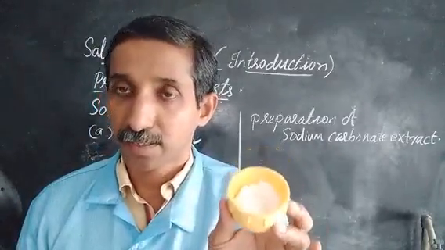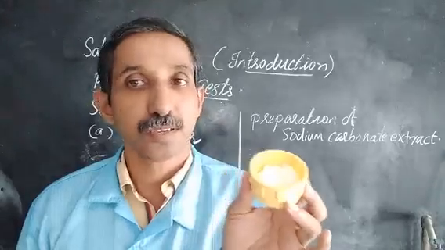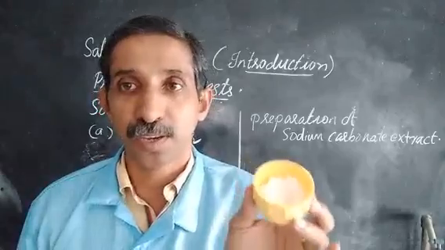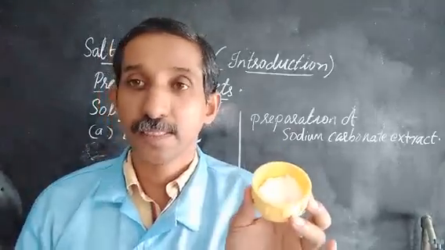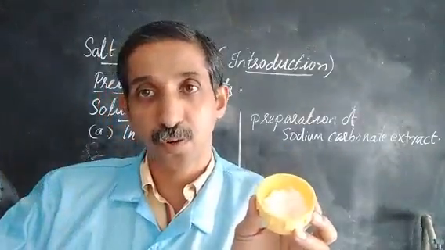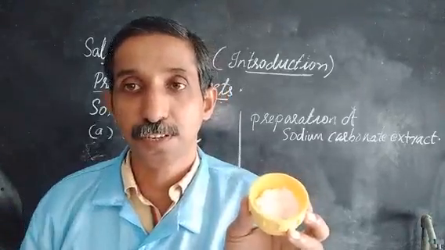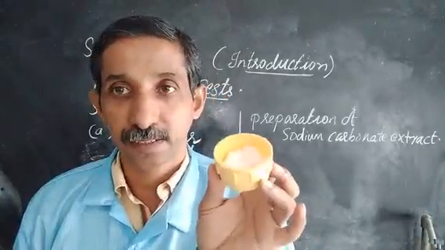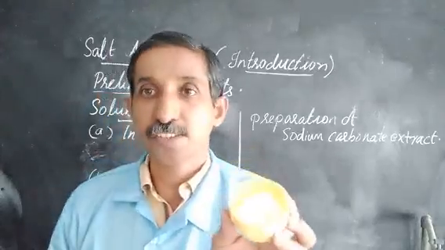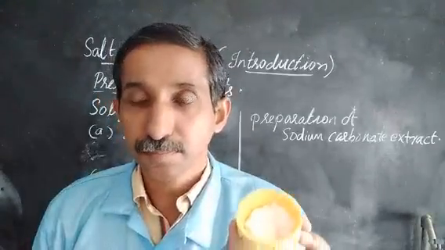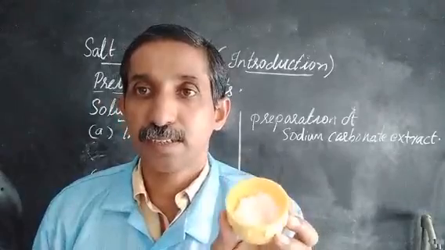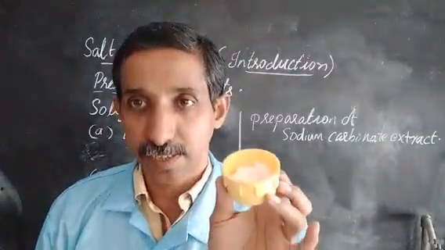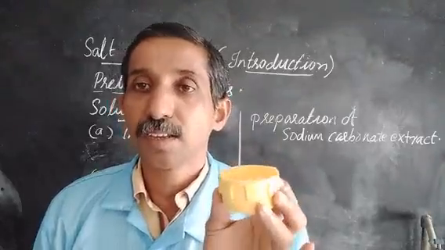You can note the color, particularly mention whether blue or green or whatever. Then you can maybe identify the salt. Suppose it is blue, the salt may be copper. That is the indication it gives. Then the next thing for salt analysis, even though it is not the next test, is to